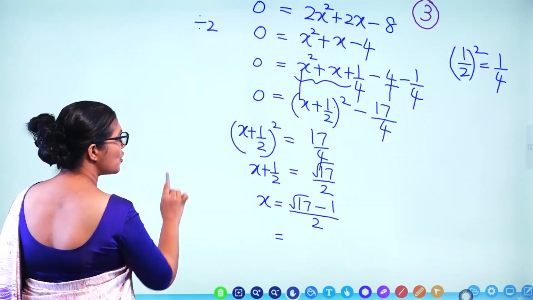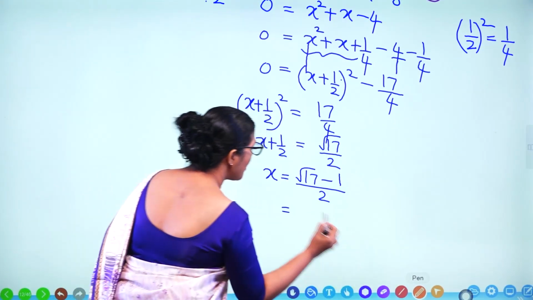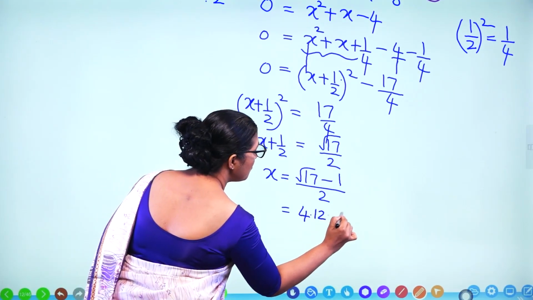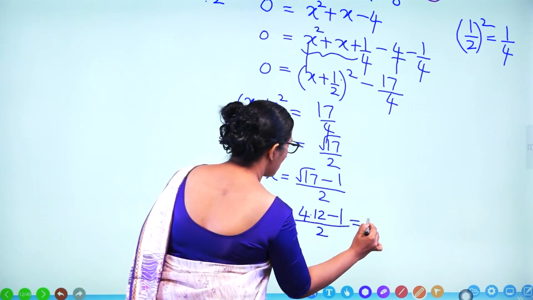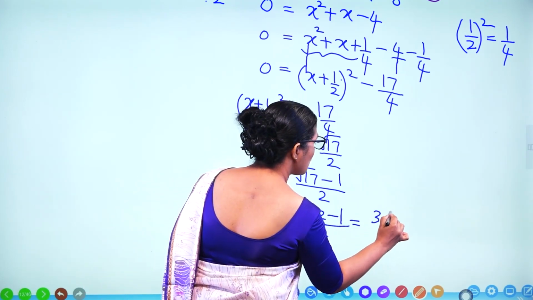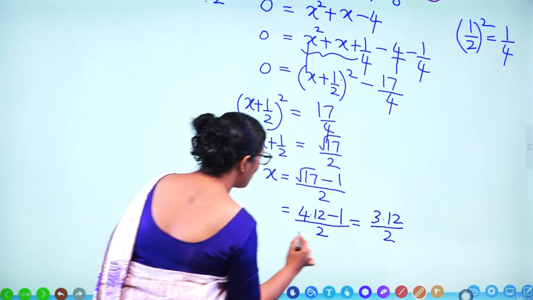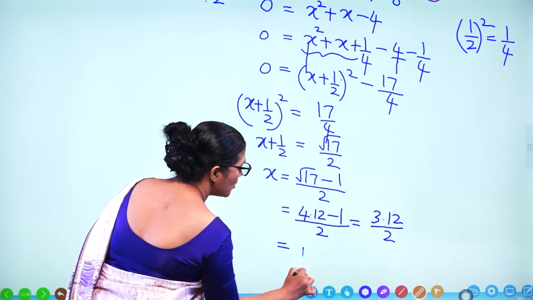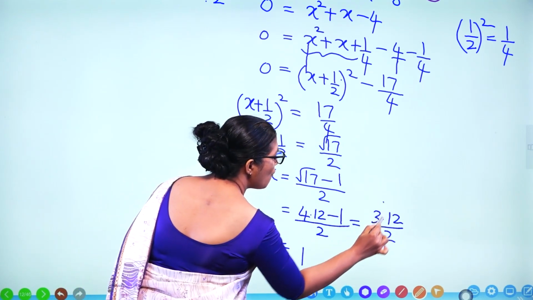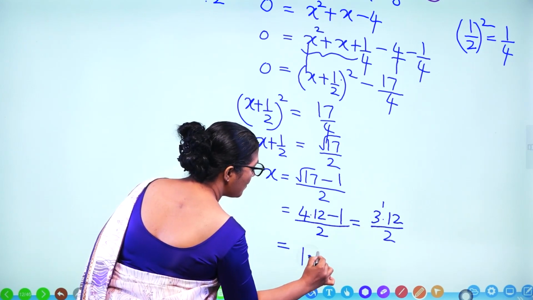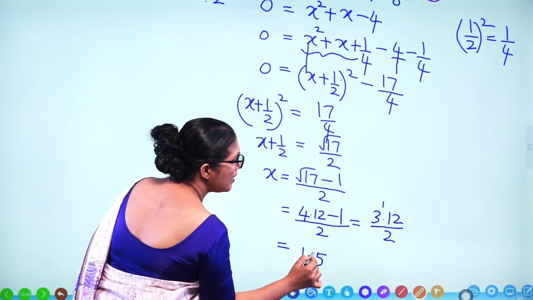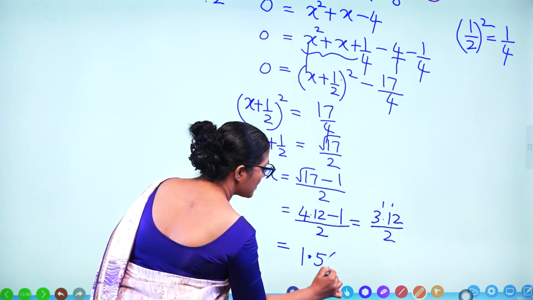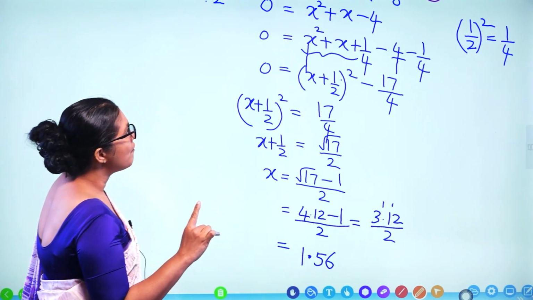So, we can substitute now. 4.12 minus 1, you get 3.12 divided by 2. What's the x value? 2 times 1, 2. For 11, that's 5, 10, and for 12, that's 6. So, 1.56